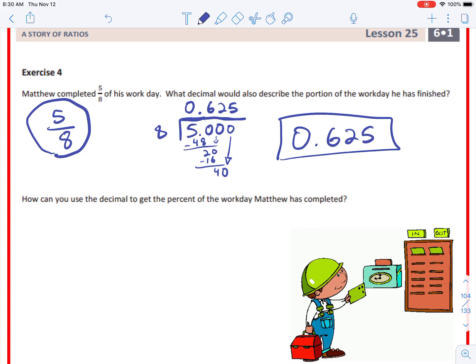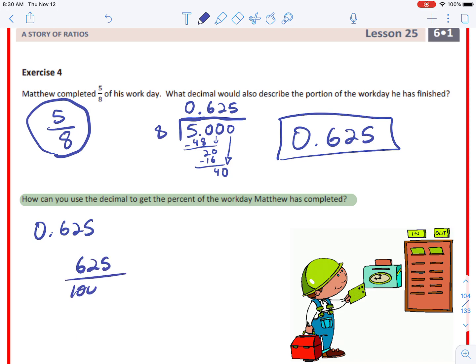Okay? Now, this is where it also gets tricky. How can you use the decimal to get the percent of the workday Matthew has completed? So I have 0.625, which is 625 thousandths. As a fraction, that would be 625 over 1,000. Now we can scale down to get it over 100. So I'm dividing 1,000 by 10, so I need to divide